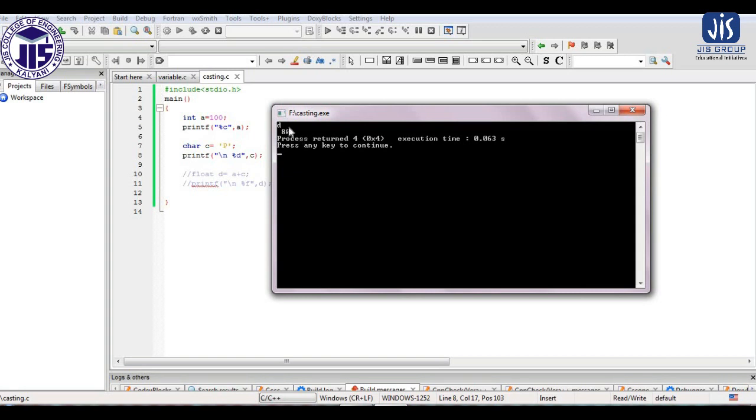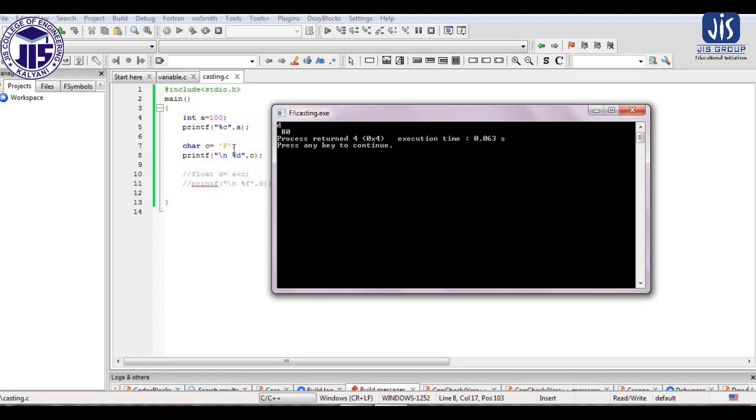So what basically happened is, 100 is the ASCII value of lowercase d. When I print the value of A using %c, the value of A, which is 100, is treated as the ASCII value of a character, and it prints d, that's why.